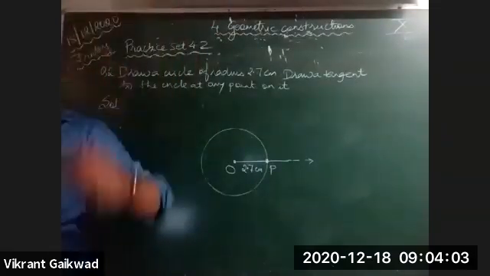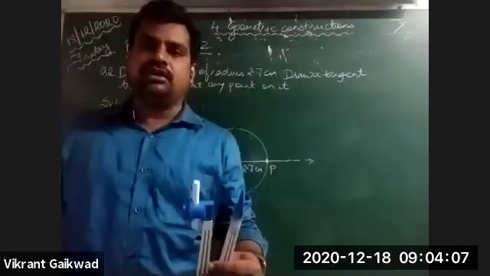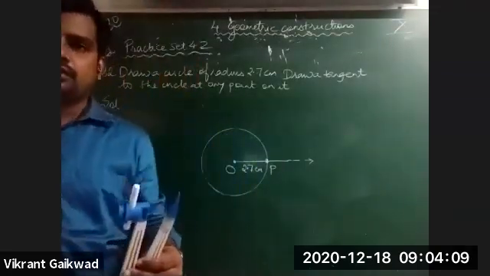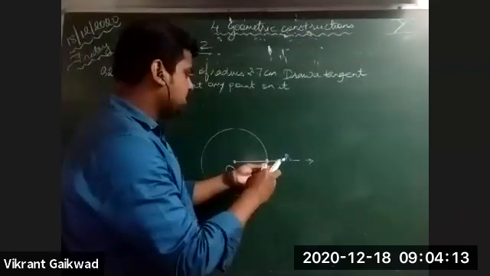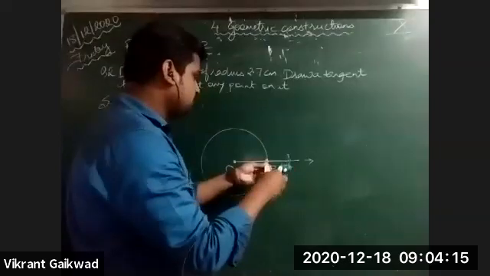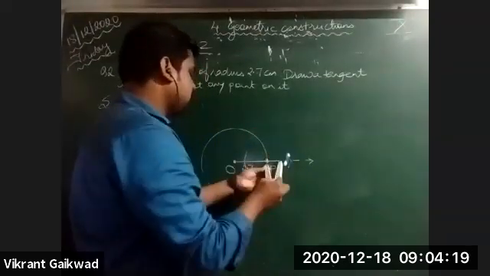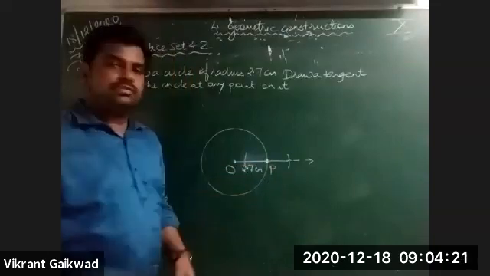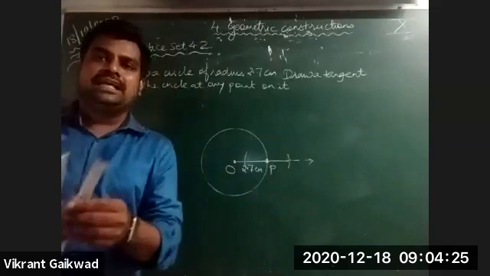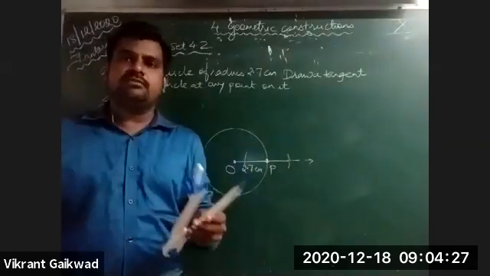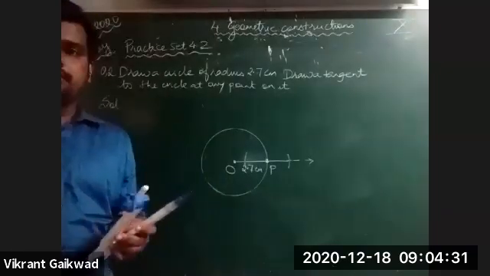So what you will do is take a small distance on your rounder. From point P, cut the two arcs. Getting this? From point P, you have to cut the two arcs. You can keep the distance the same or increase it. It's better to increase the distance so that the arcs meet distinctly.